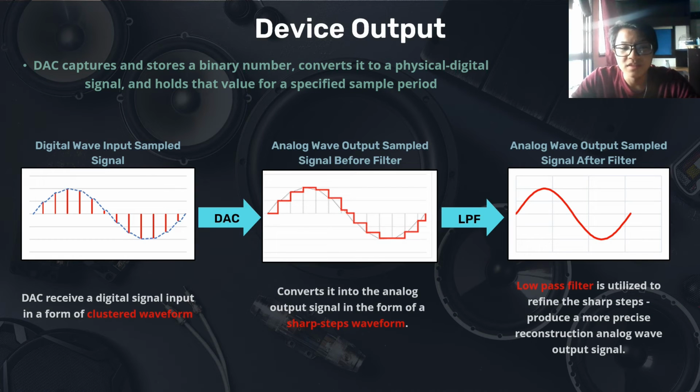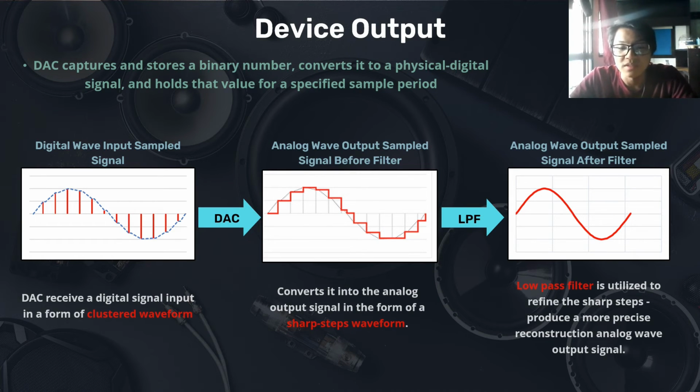First of all, we have DAC device output. So the DAC will capture and store a binary number, convert it into a physical digital signal, and hold that value for a specified sample period to process and produce the analog signal output. Firstly, the DAC will receive a digital signal input in the form of a clustered waveform. And then the DAC will convert it into an analog output signal in the form of a sharp steps waveform. And then the low pass filter will be utilized to refine the sharp steps to produce a more precise reconstruction